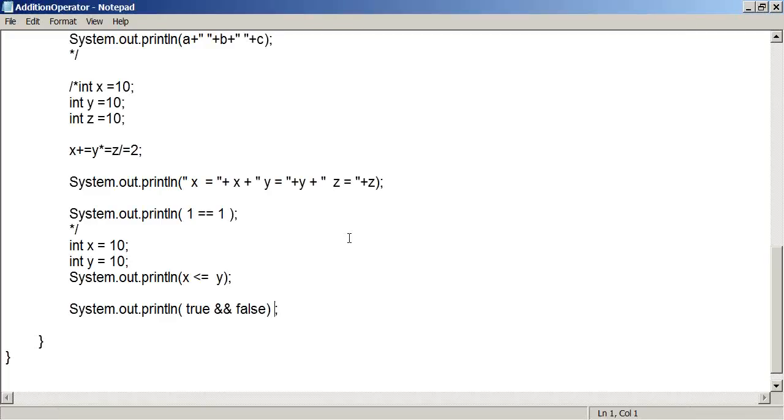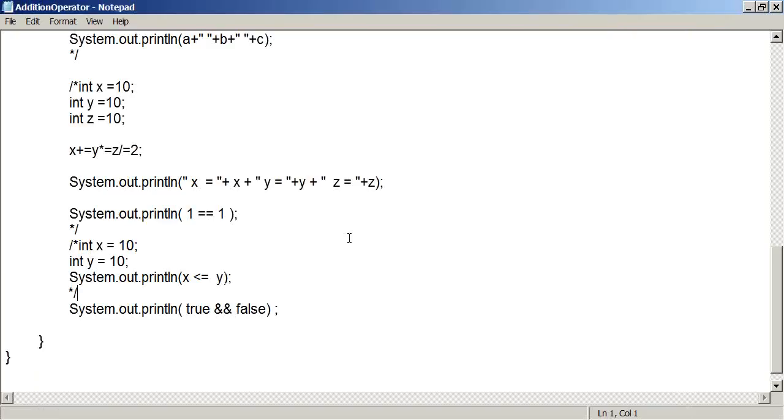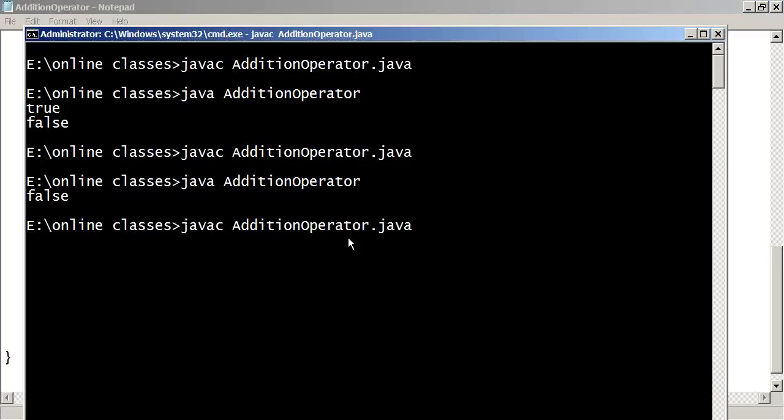True, false. Why true, false? I have some other statements here, and I did not comment them. That is a problem. False. True and true is true. So whenever you have multiple conditions to be joined together,